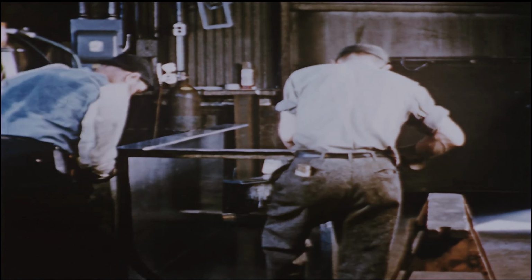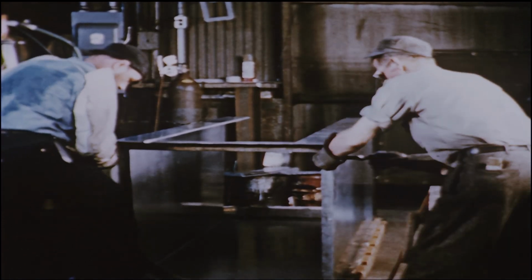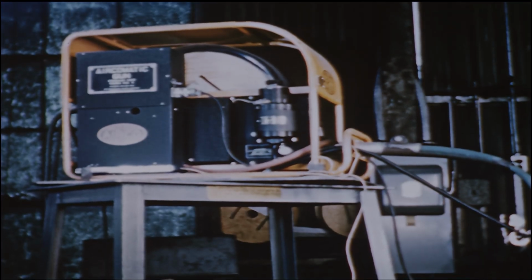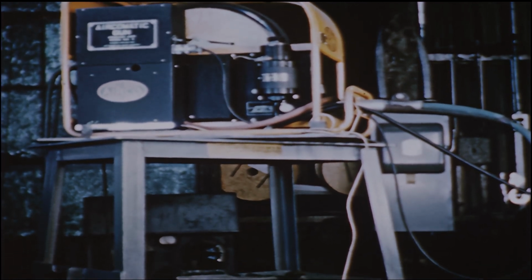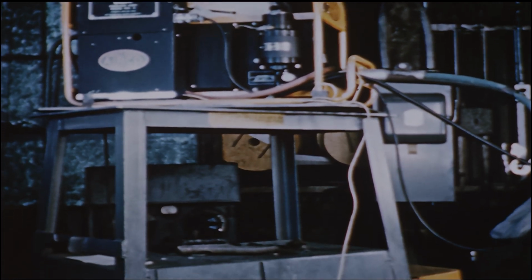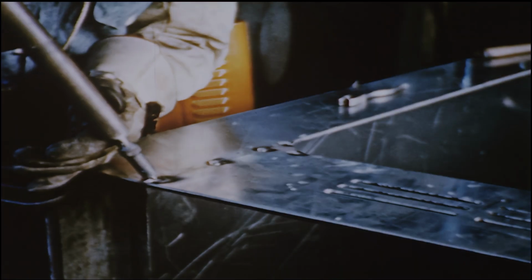The remaining parts are clamped in a jig and welded by one of the several approved processes. The process used here is classed as semi-automatic, in that the electrode is fed automatically through the handle of the gun, at a speed dependent upon the thickness of the material and the size of the wire. The arc is formed by the electrode and is enveloped in an inert gas, such as helium or argon, to